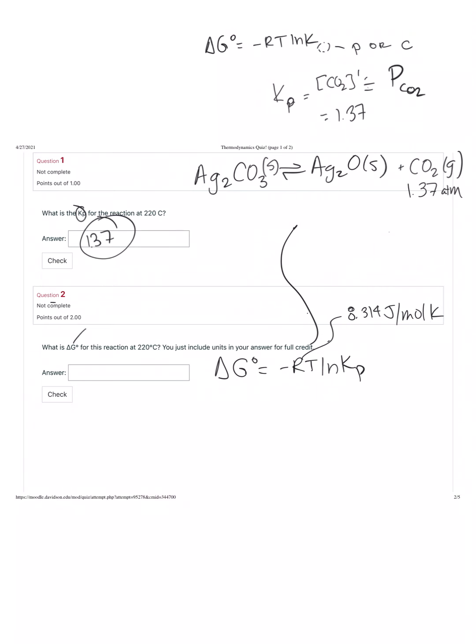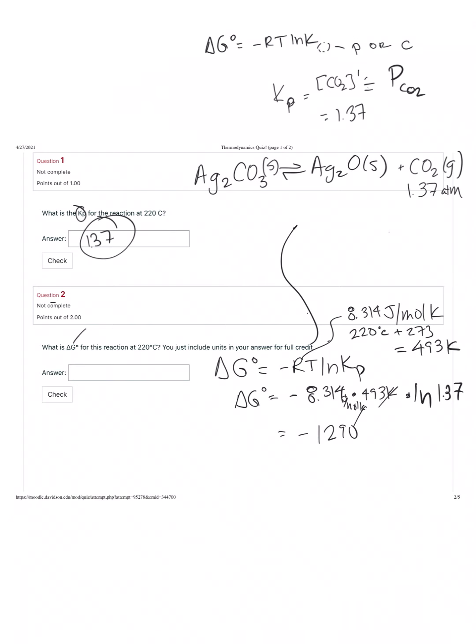Our temperature needs to be in Kelvin. We have 220 degrees Celsius plus 273, which gives us 493 Kelvin. Solving for delta G, we get delta G equal to negative 8.314 times 493 Kelvin, joules per mole K. Our Kelvins cancel out, times the natural log of 1.37. That gives us negative